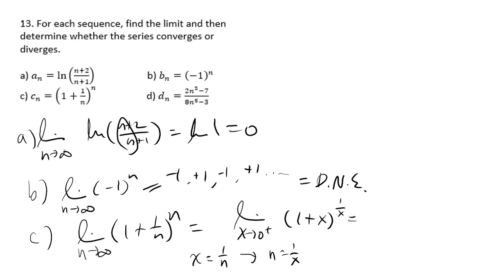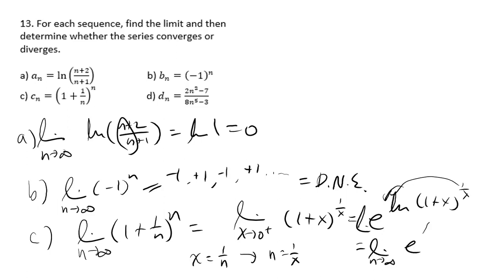So you get the power 1 over x, and then you do the e to the ln trick, right? ln of (1 plus x) to the 1 over x, that hops over the limit, then the limit of e to the ln of (1 plus x) over x,